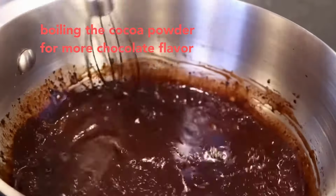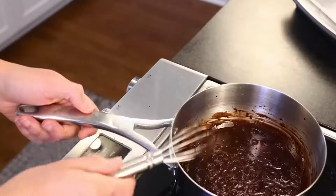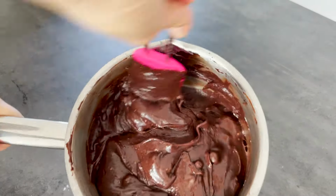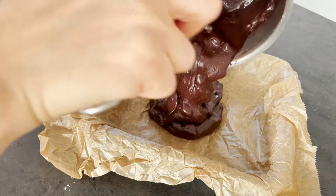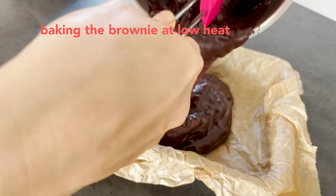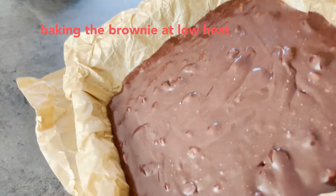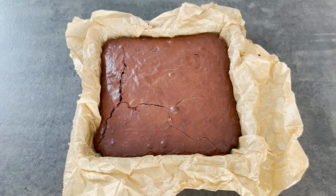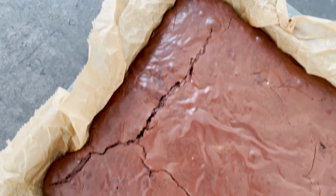He just mixes the condensed milk and powdered sugar into the same pot where he melted the butter. So super easy, simple and not too many dishes to wash. And believe me, you do not want to wash too many kitchen utensils that are covered with this sticky batter. He bakes the brownie at lower heat compared to all other recipes to prevent the skin of the brownie from burning. Adam suggests to take the brownie out of the oven after 30 minutes if you like them super fudgy,